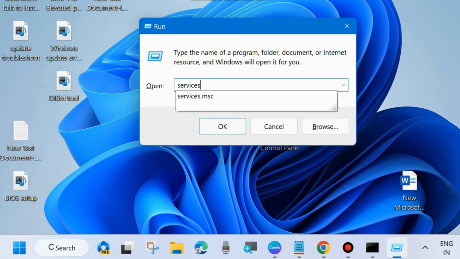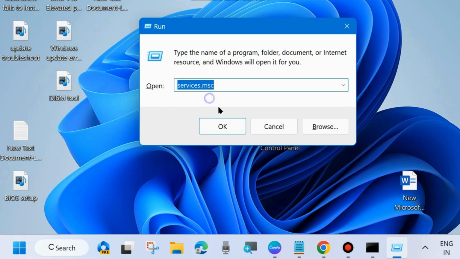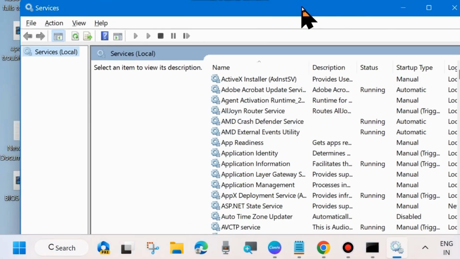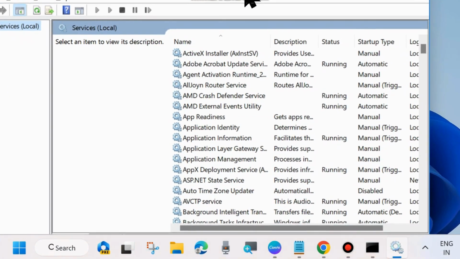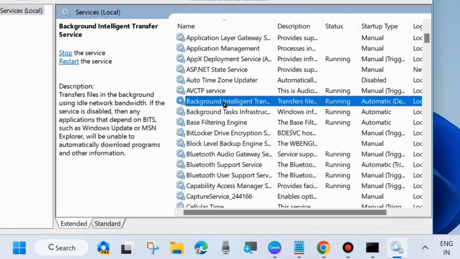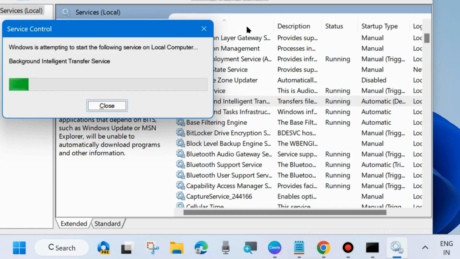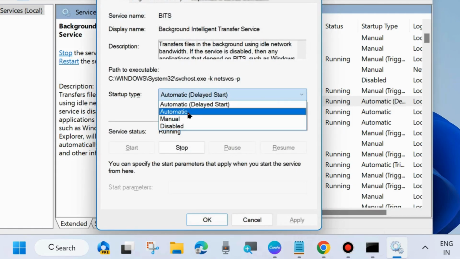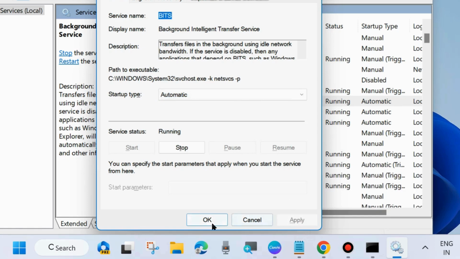Here in run dialog box, type services.msc. This command will open services windows in your system. Click on OK. Services windows will now open. Here you will have to start or restart Windows update related services, and the first one is background intelligent transfer service, BITS service. Right click on it and choose start, otherwise restart it, and thereafter apply a double click on it to open its properties and set a startup type as automatic, and finally choose apply and OK to save